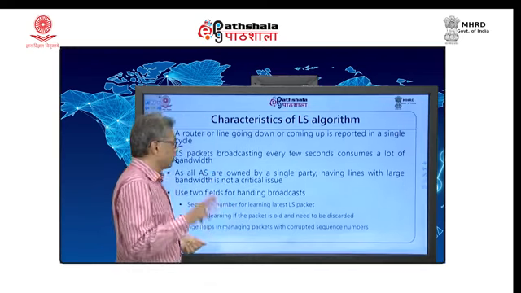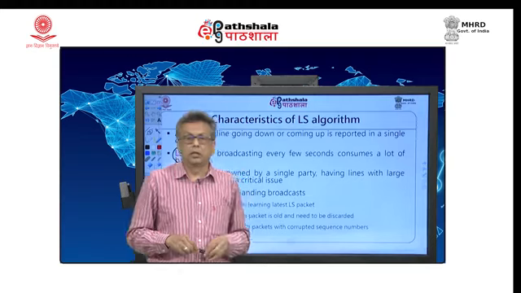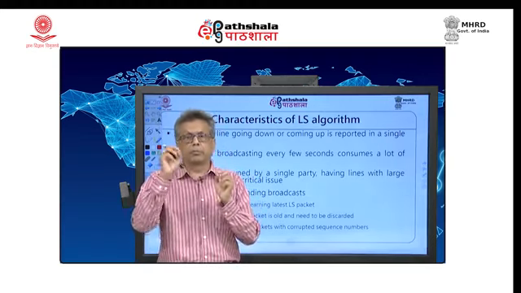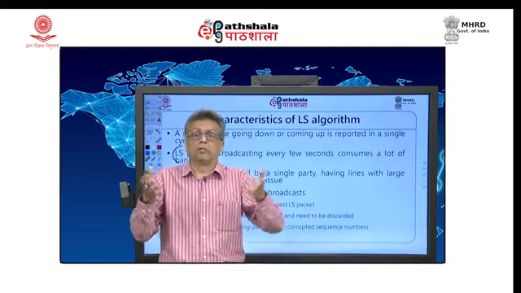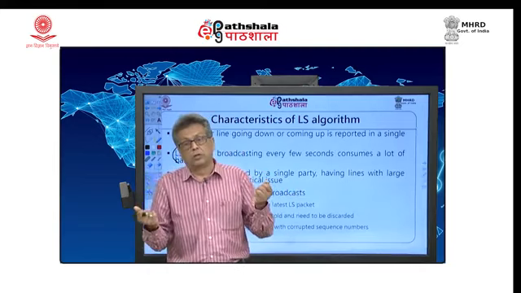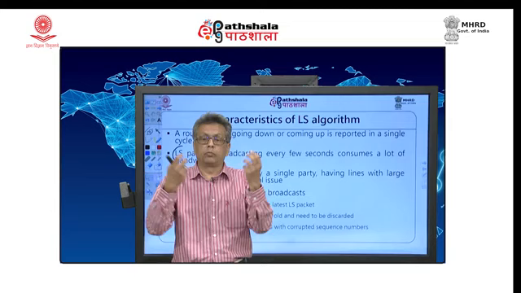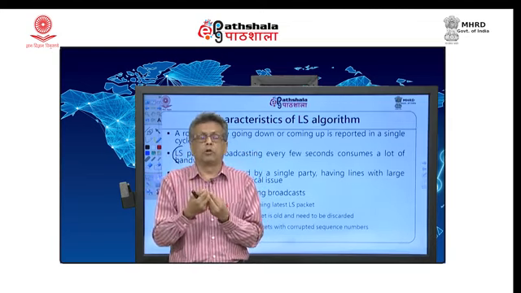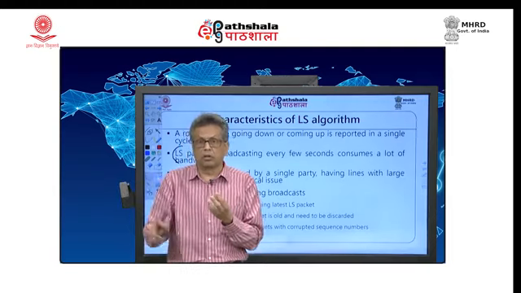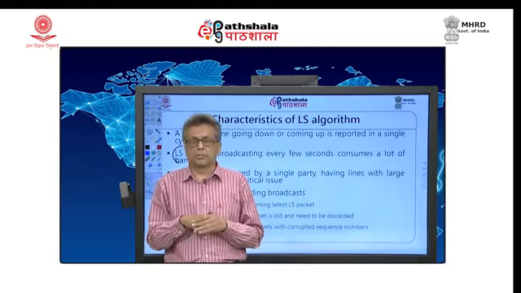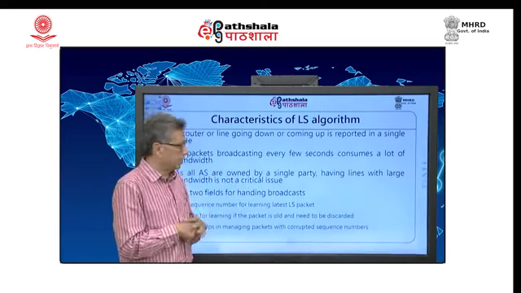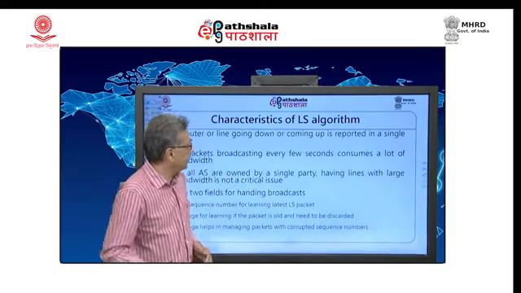Okay, it uses two different fields, one is called sequence number and the other one is called age. Every link state packet broadcast will carry a sequence number, and we know why the sequence number is used: a receiver may get 2 packets, one with sequence number 5 and the other with sequence number 7. Obviously, 5 is older and is to be thrown away. I have the latest link state update, so I will just use that. Okay. Why age? Age is also very critical, I will talk about that later.